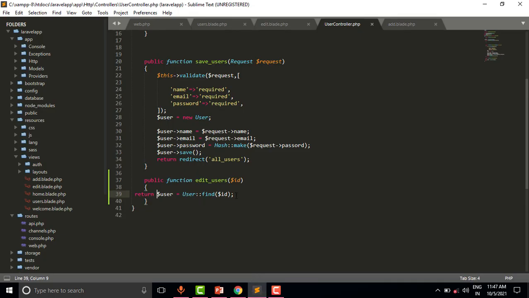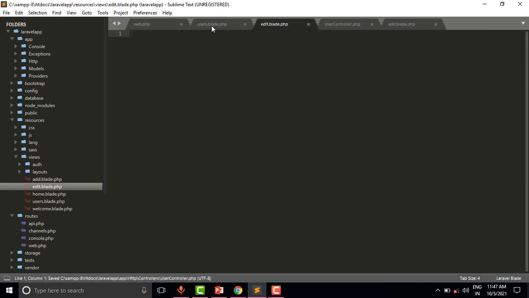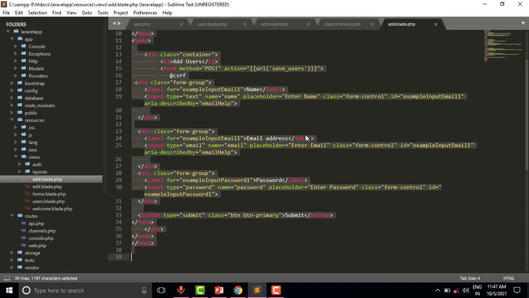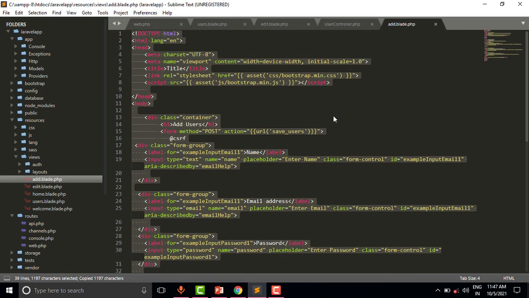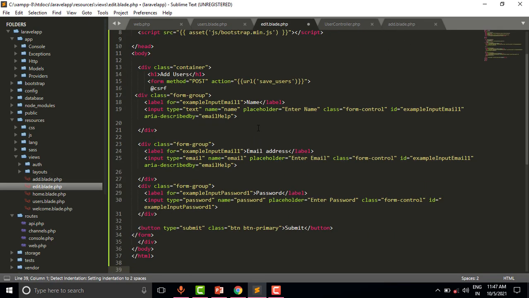So let us pass this user to the edit view, this one which we have already created. So we will copy the HTML code from this page which we created in the previous video for saving the time.